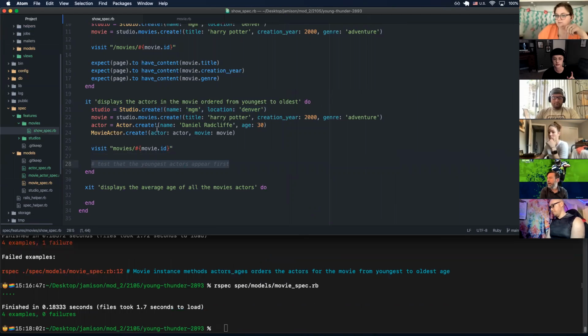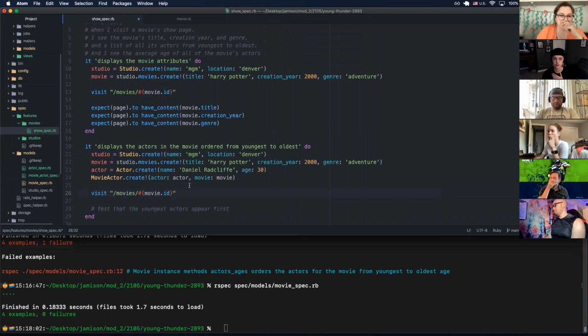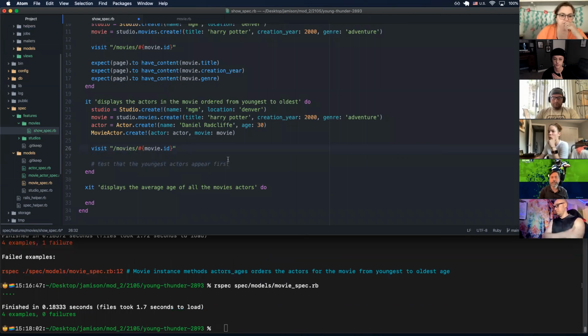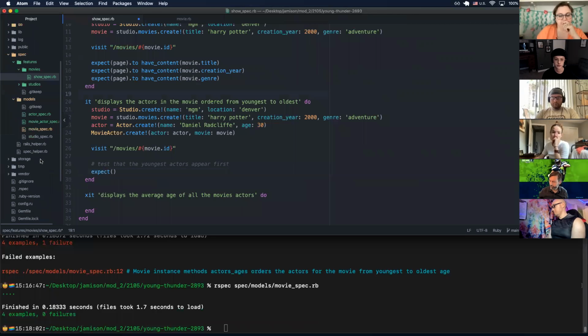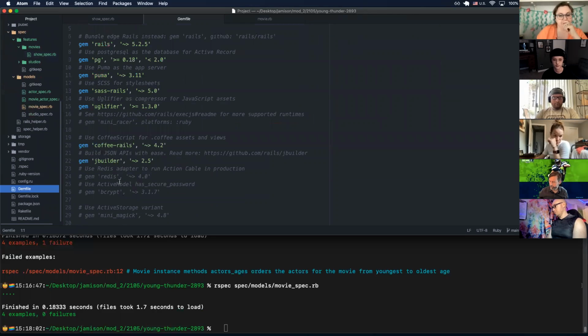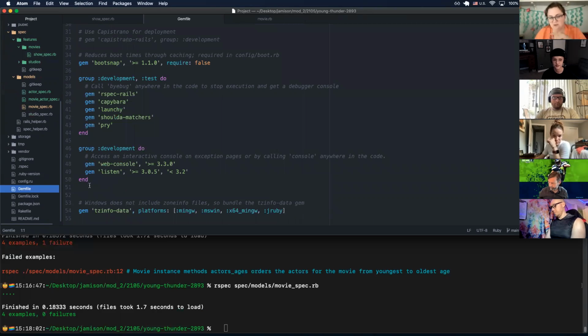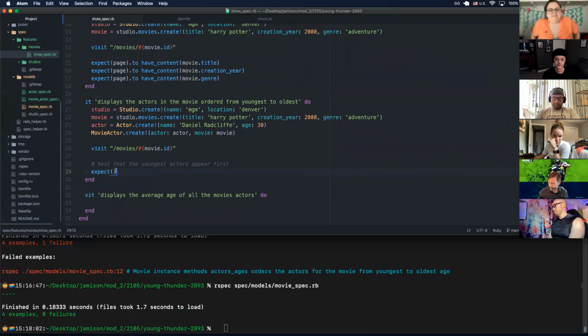So now we visit the movie show page, and I just realized I need a slash. So we visit the movie show page. And then what could we use to make sure that the youngest actors appear first? Maybe if I pull it up just to verify we have what I'm thinking of. Here we go, we have orderly. Yeah, I think that's great. So to appear before,